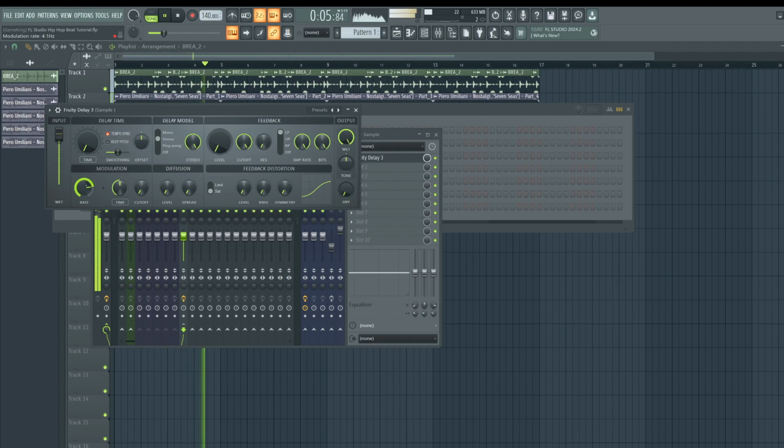So it's more like vibrato. We can even add saturation here with the level for that tape sound. So that will add more like a tape.